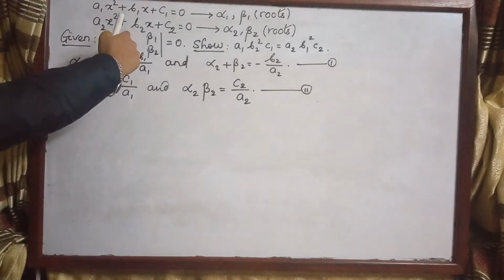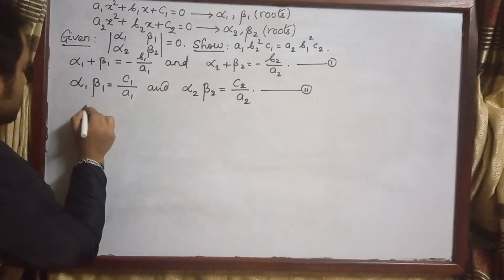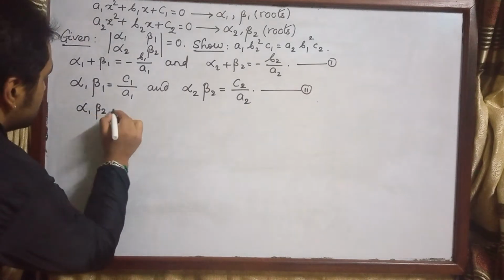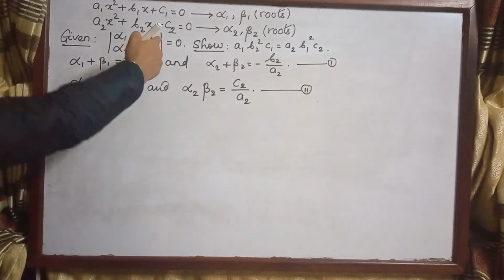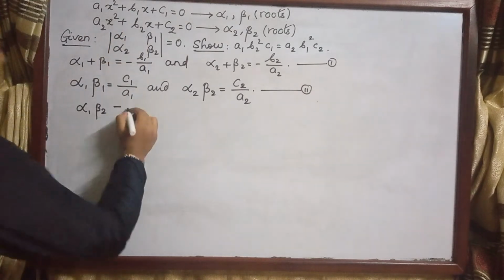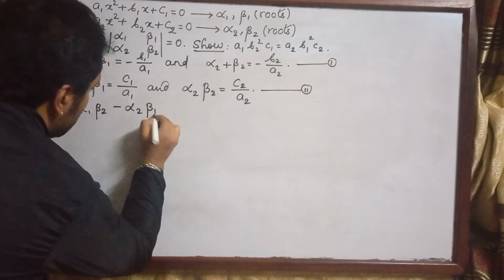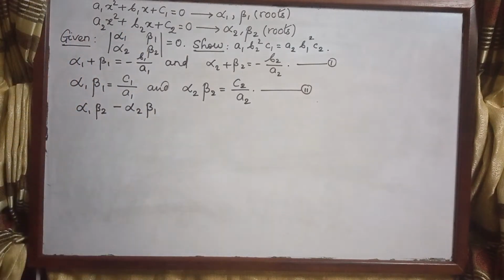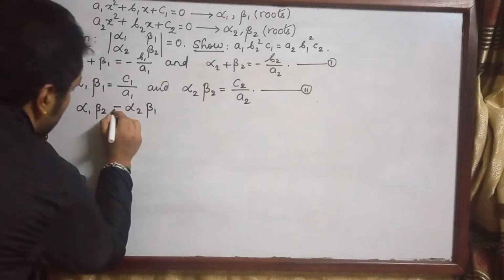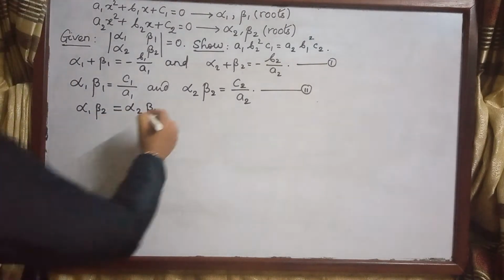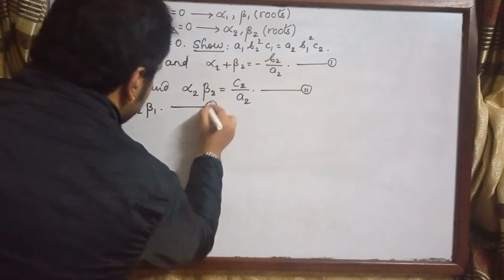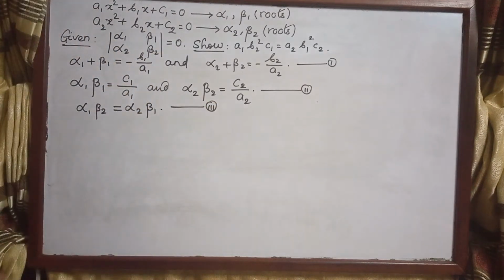We're going to get alpha 1 beta 2 minus alpha 2 beta 1 to be equal to 0. So basically these two quantities are equal. Let's call it number 3. Now to prove this equation under the given conditions,